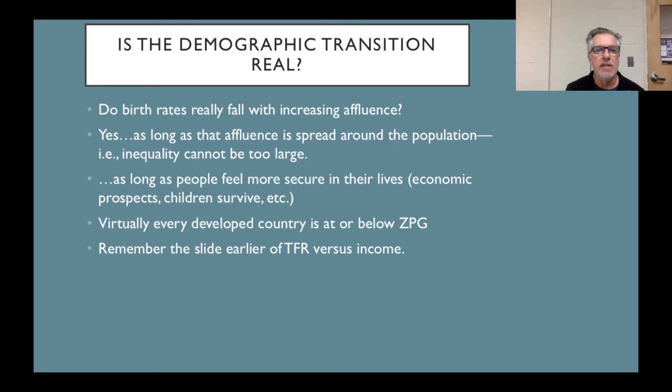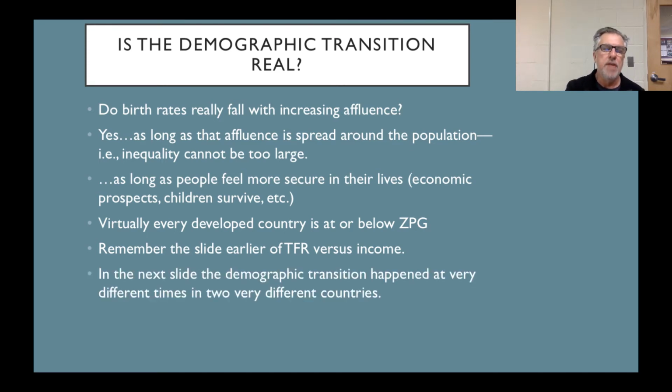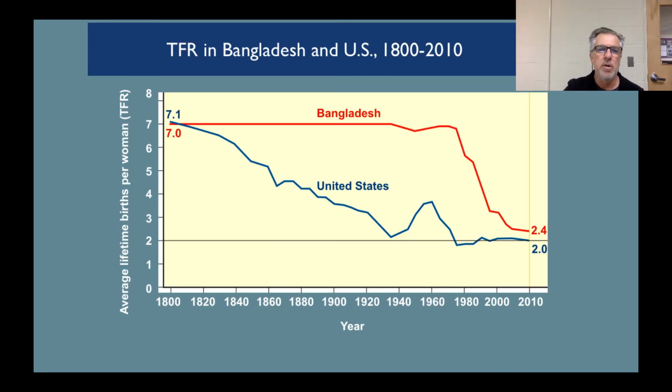Earlier we saw a slide of total fertility rate versus income, and we saw that as per capita income goes up, total fertility rate drops. In the next slide, we can see how the demographic transition happened at very different times in very different countries because of the effect of poverty. So here we can see back in 1800 that Bangladesh and the United States had approximately the same birth rate. But with industrialization in the United States, by 1900, the birth rate had dropped to half of what it was